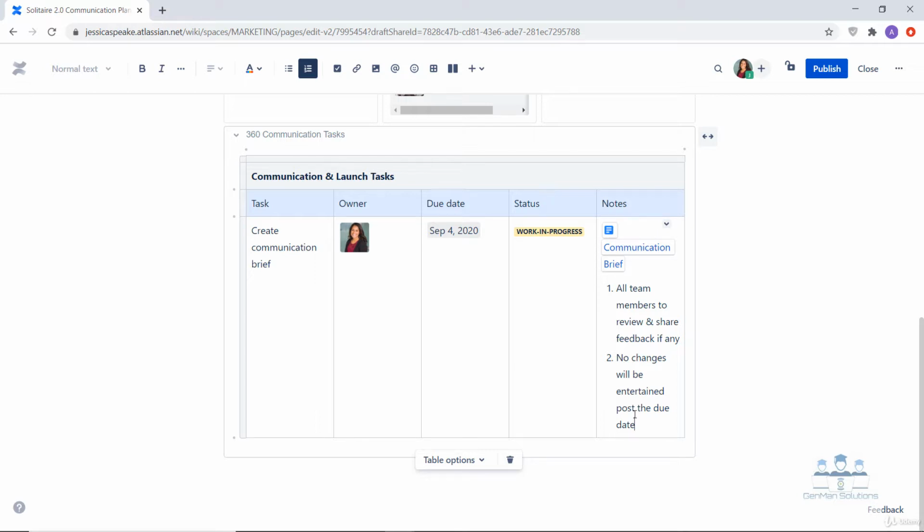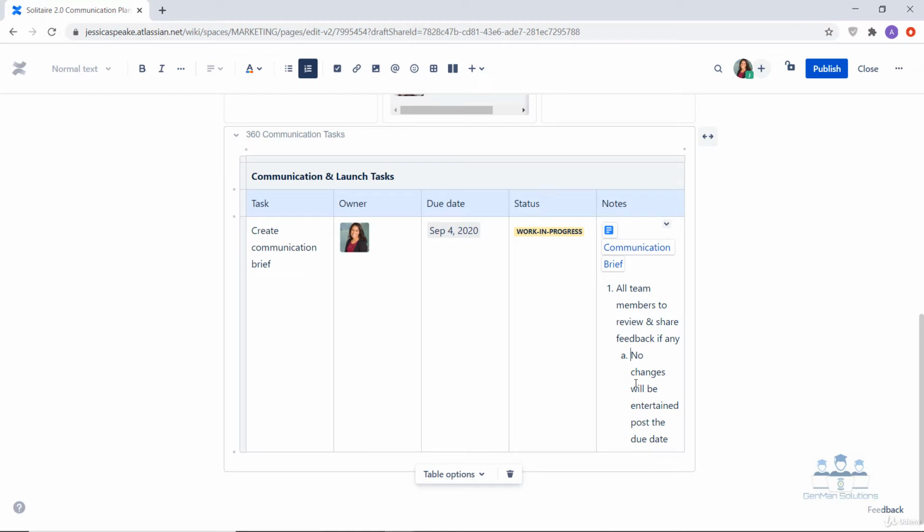In case you want to add the second point as the sub point of first, you can do that by just typing the tab key. So you can see that the text has been adjusted to display the second point as the sub point of the first point. So this is how you can create a task list for your team and keep a track on the tasks which have been assigned to each of the owners. You can share content and tag other team members to collaborate.